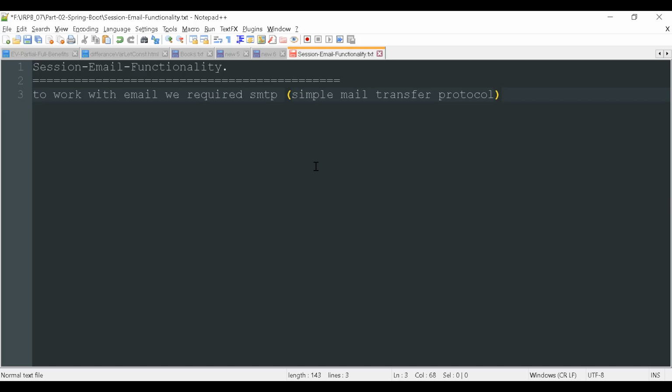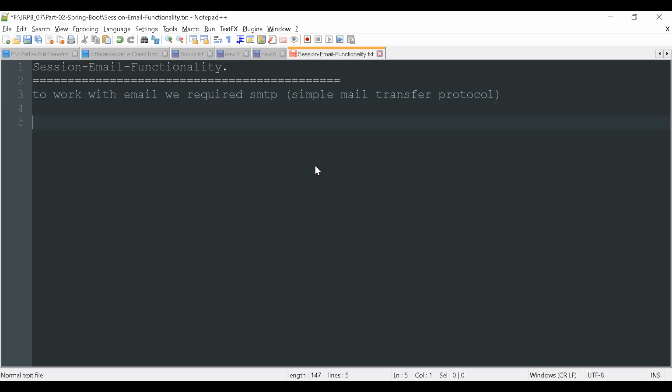Suppose I'm working with Infinix, so it is the Infinix SMTP. If you are working with Tech Mahindra, Tech Mahindra has its own SMTP.com kind of protocol. So this kind of protocol we require. We will send email using the Simple Mail Transfer Protocol.